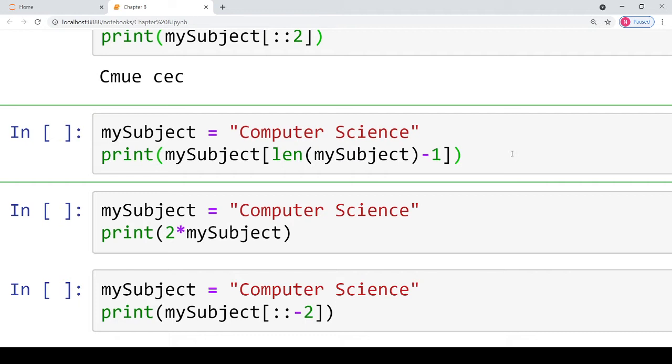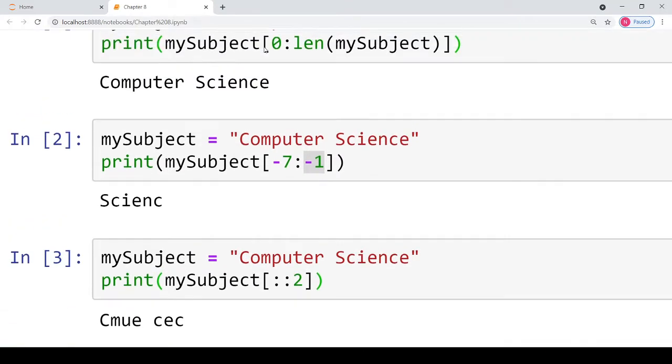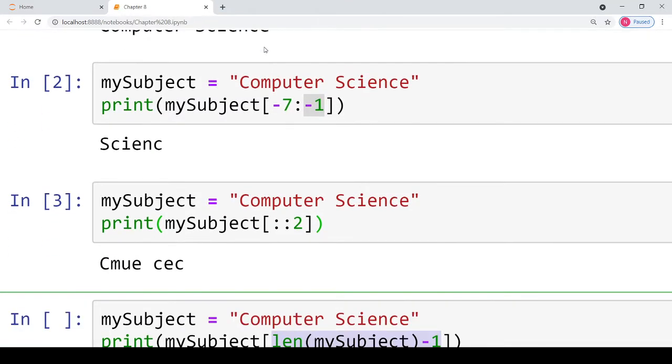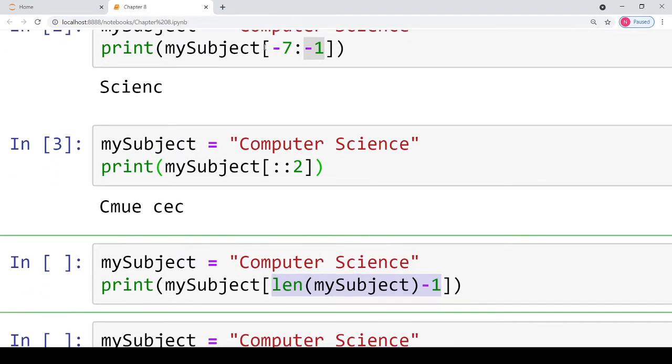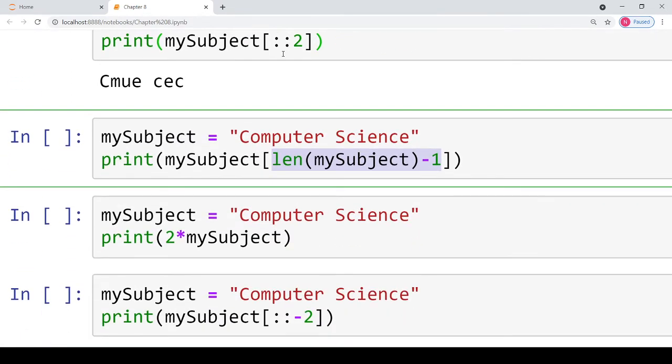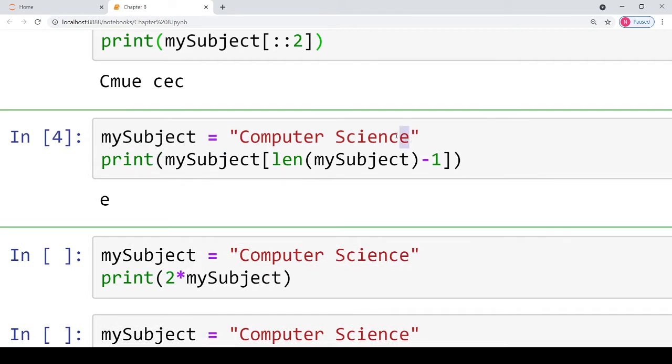Whenever we do string indexing, that is, we specify a single index value, this expression will evaluate to a single value, which means you have to print a single character present at this particular index. However, when a range of values is specified as in the previous examples, there will be a colon character that specifies the starting and ending index. In this case the last character of the string, that is E, will be printed.